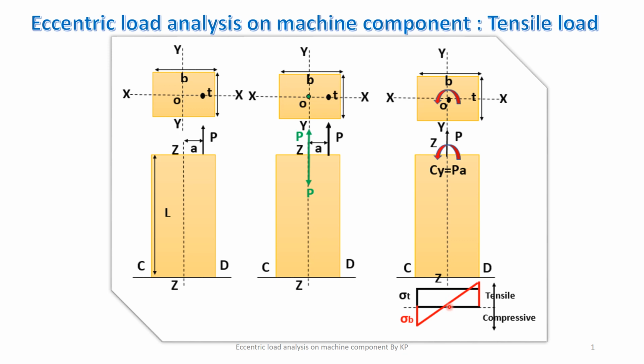At the center, the stress is 0, and at the outermost fiber the stress is maximum, and the bending stress has a linear variation. If you want to find out the net value of the stress on the C side, it is the algebraic difference of direct stress and bending stress, and on the right side, it is the summation of the tensile stresses because both are of the same nature. So here we add these two values of stress. The net value of the stress is sigma t plus sigma b, and on this side it is the difference of sigma t and sigma b. So let us see how to find out this value of stress with the formula.